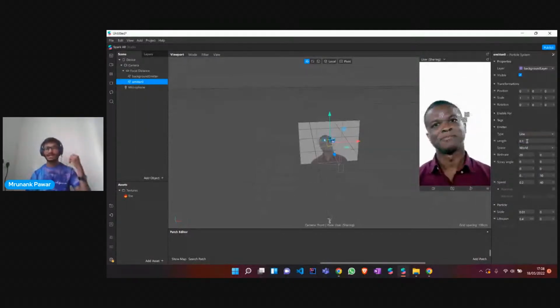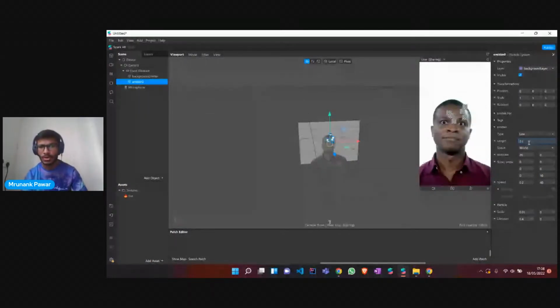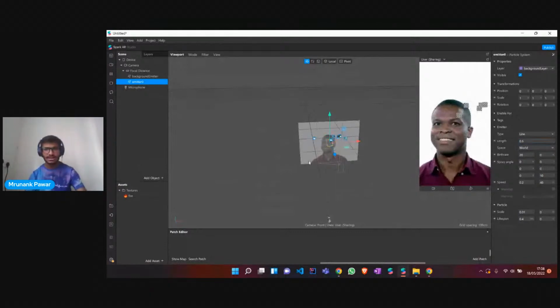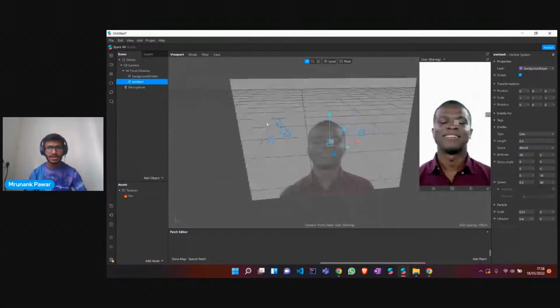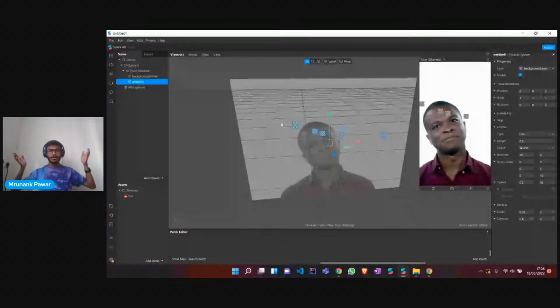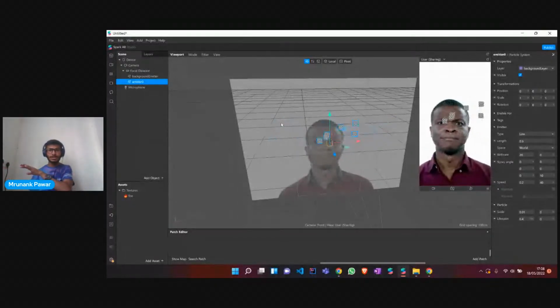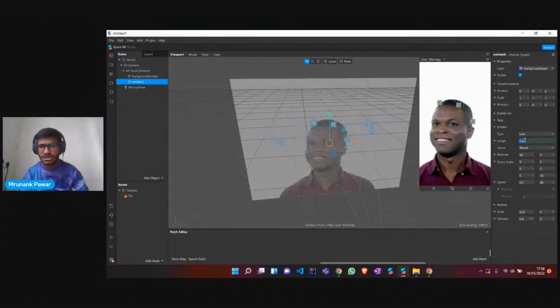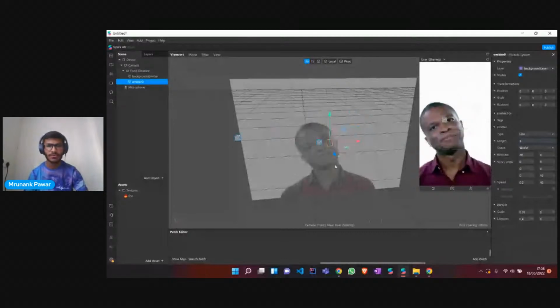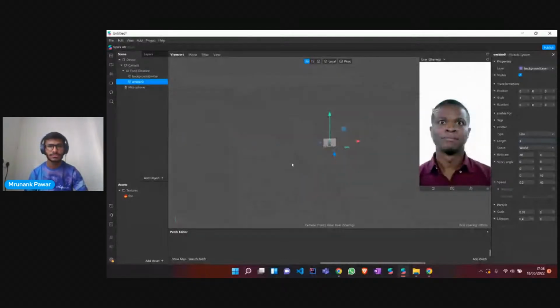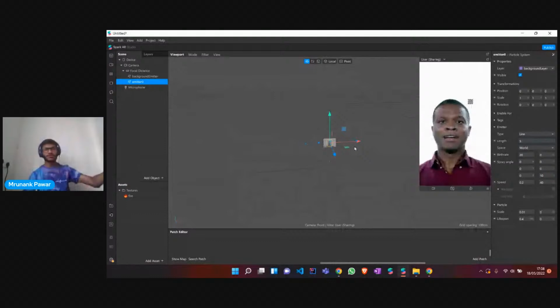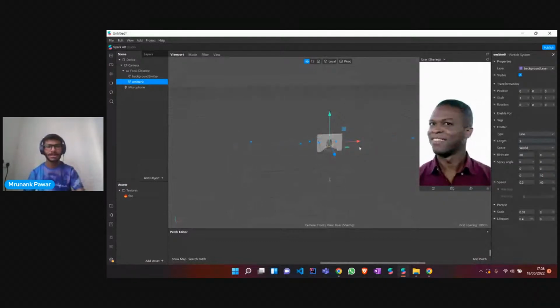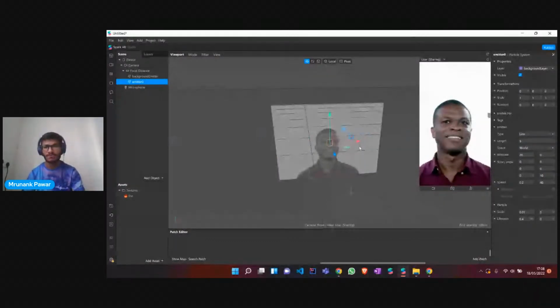You can change the length of the line, like it's 0.2. If I want, I can increase it to 0.5. So from the entire screen you can see it in the viewport. It's getting emitted right through the complete x-axis. You can change the length of the line by changing its values. I can just change it to 5, and you can see it's emitting a lot of particles on the length of 5,